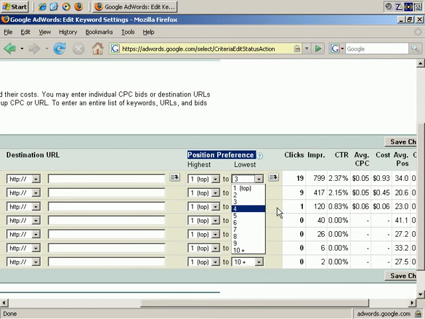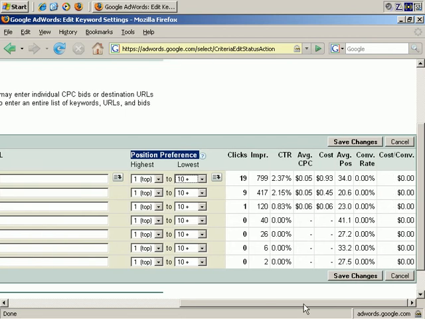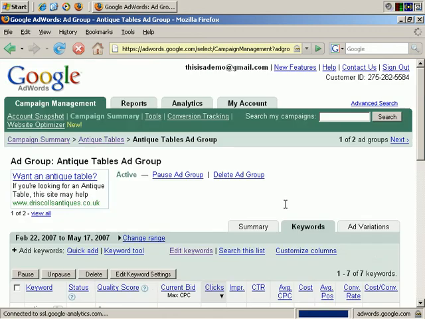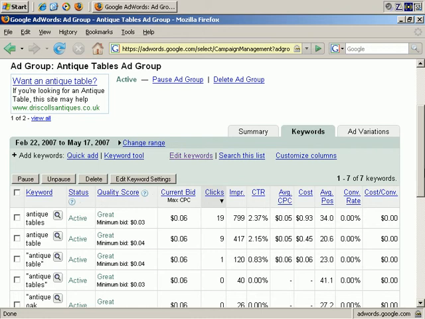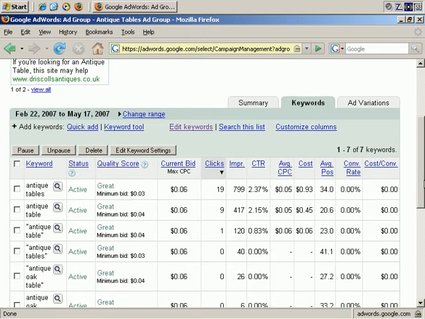So that's how you can edit and set position preferences, and let's change it back to the default 1 to 10 plus. And save changes. Actually, I didn't really make any changes, so that was unnecessary. Okay, the other way of editing is here, Edit Keywords, and you can also do this at the Summary tab,